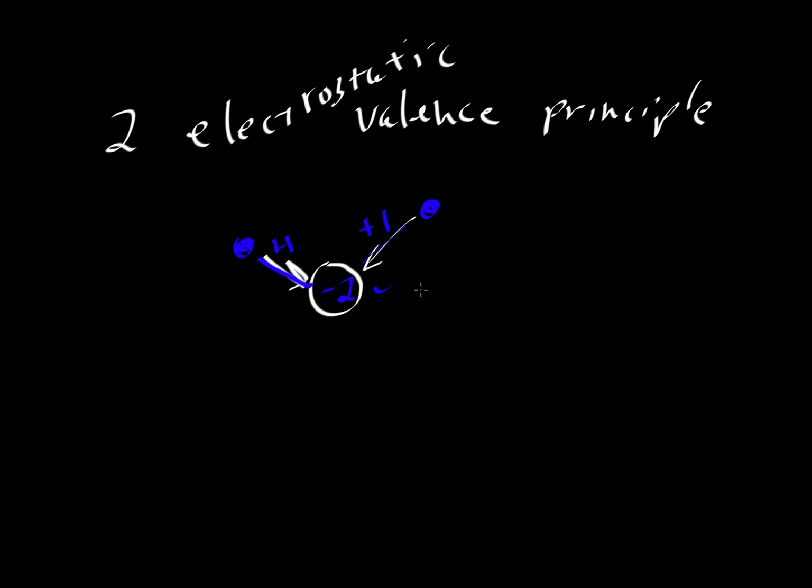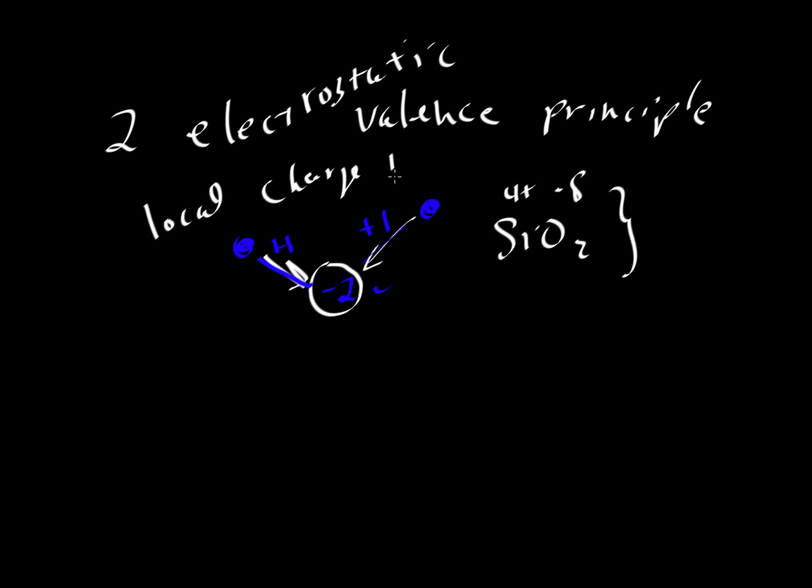It's not just total charge balance, so we can write, for example, SiO2, and of course the entire thing is charge balanced. Silicon has a 4+ charge, and we've got a -2 on each oxygen, so we've got a total 4- charge from the oxygens. This is really more about local charge balance. And again, looking in particular at the anions. Then there are rules number 3 and 4, which we can fold together because they're really one and the same thing. Rules 3 and 4 are about